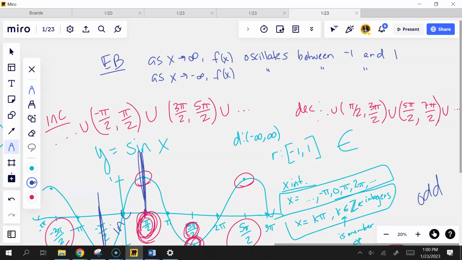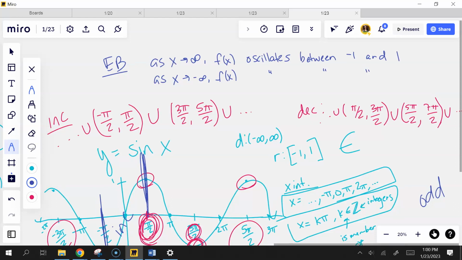What are you looking at? Oh, I was looking at cosine. Yeah, look at the same graph when you do it. All right, I'm going to stop because